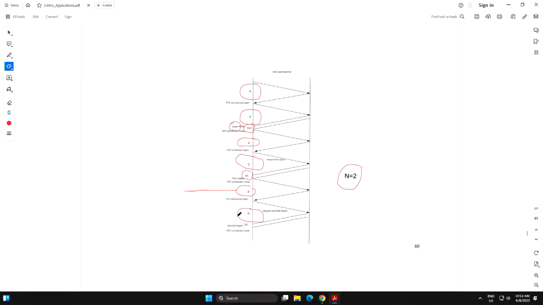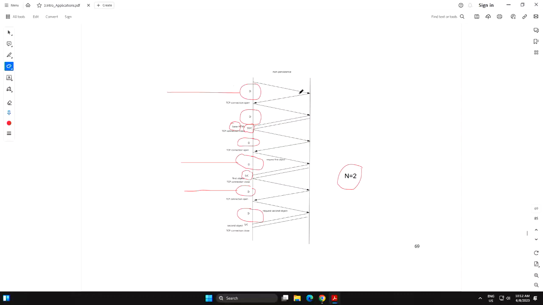And you have to open a TCP connection here. So there are two objects, two TCP connections, and in the beginning you have another TCP connection for the main base file. So for the base file you have one, and then for two objects you have two.